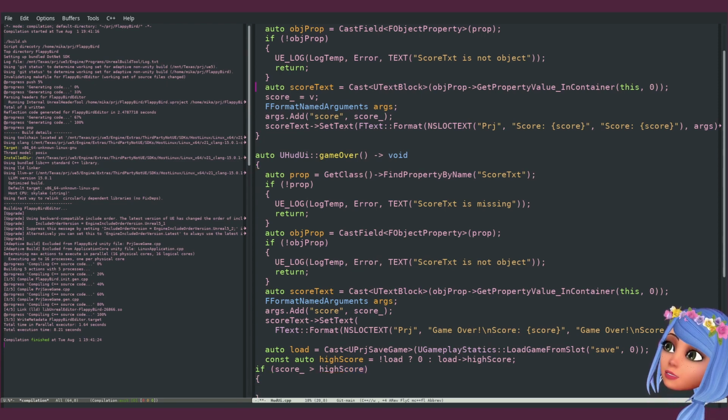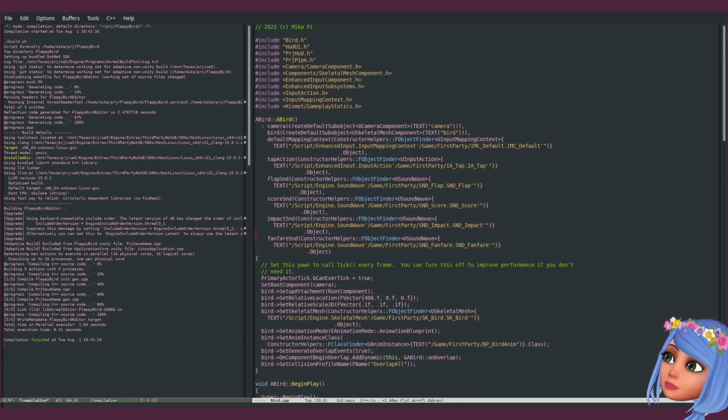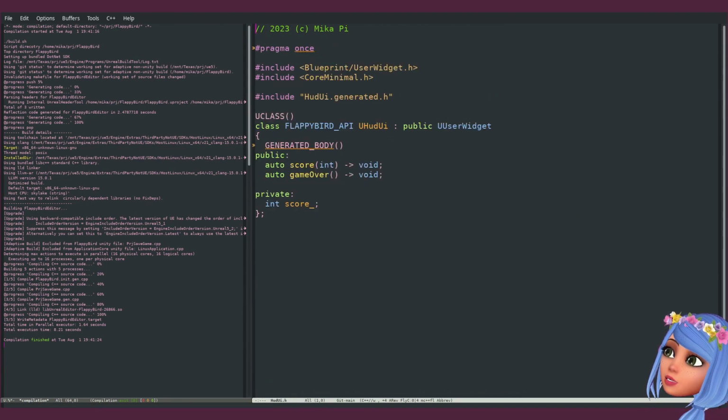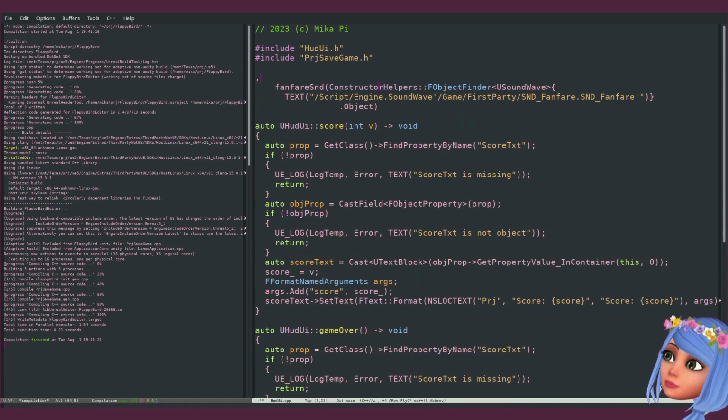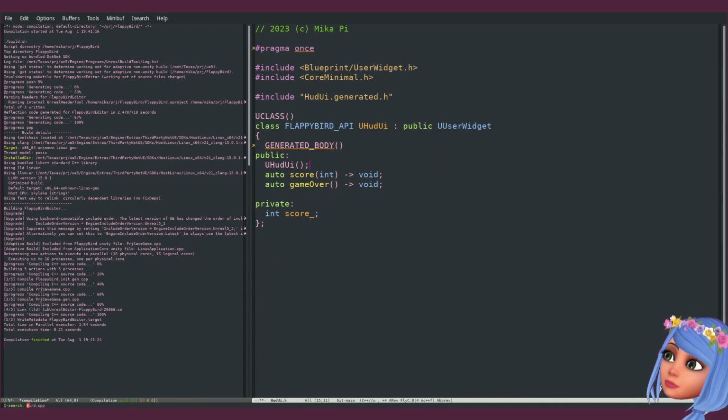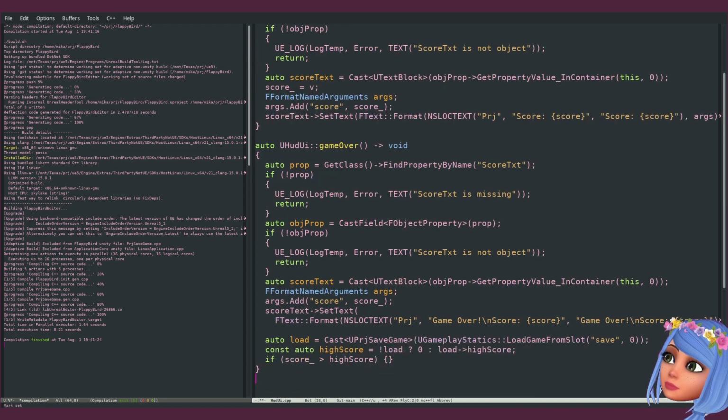Okay, so to play, okay, so let's move sound of fanfare into the HUD. So we should have a constructor UHUD UI, and copy this guy here, and now we can play it.